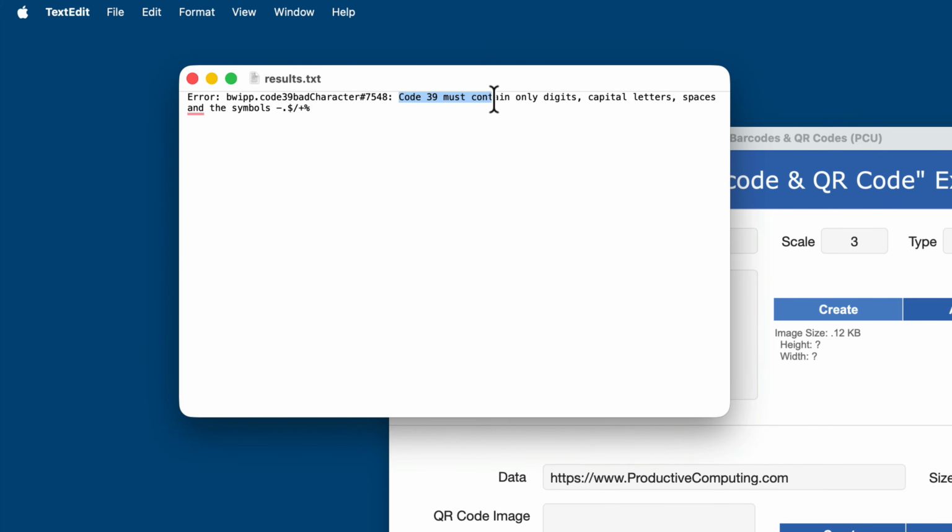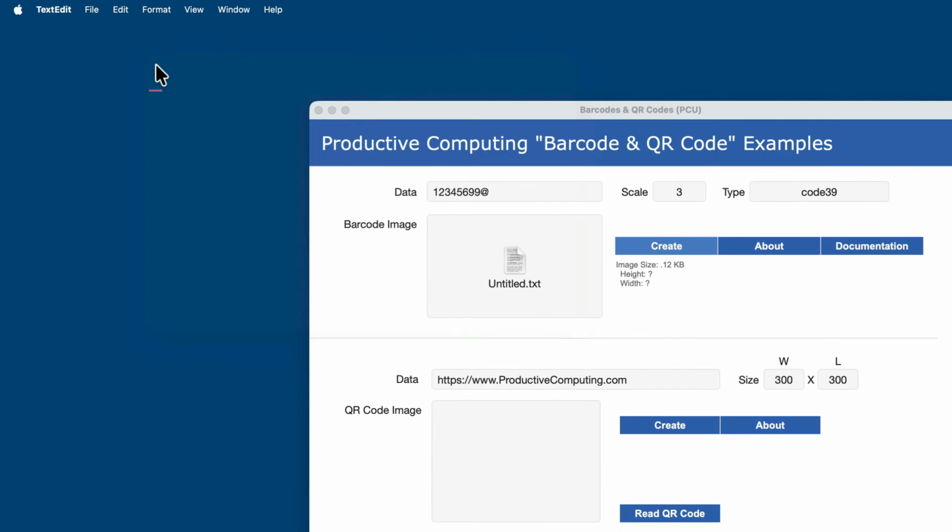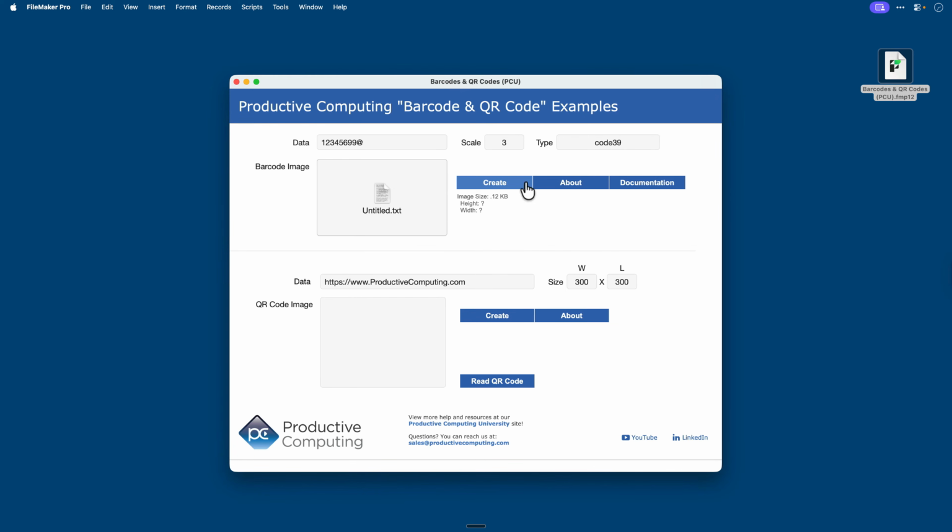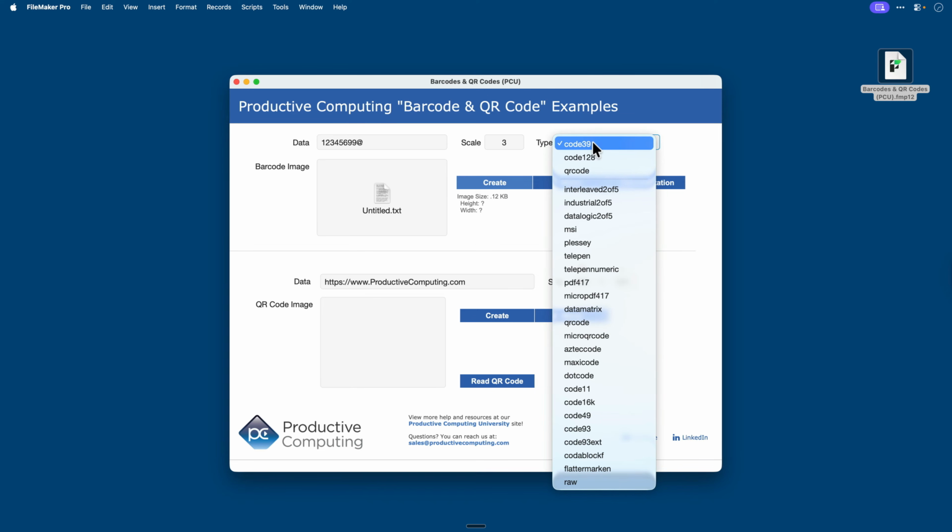Code 39 must contain only digits, capital letters, spaces, and the symbols minus, period, dollar, /, plus, and %. @ is not one of those compatible symbols, so that's why it can't produce a code 39 barcode. Incidentally, though, other codes and configurations are far more forgiving, which takes me to my next topic, which is the